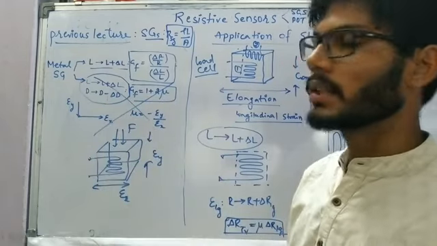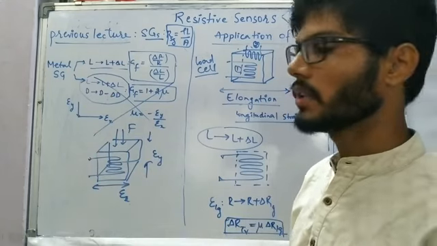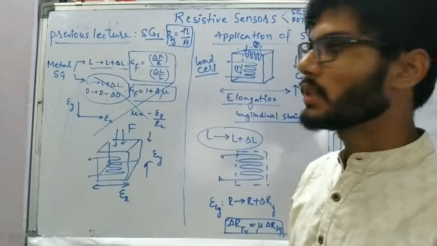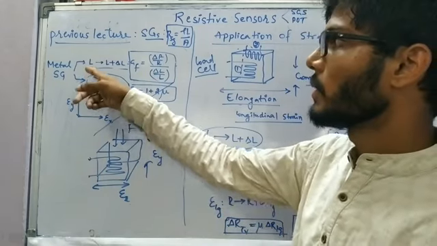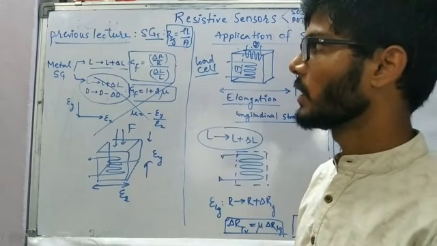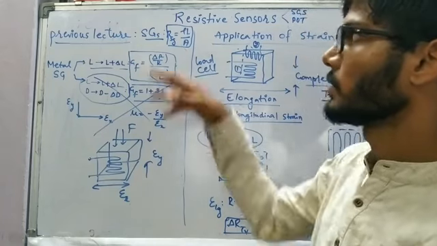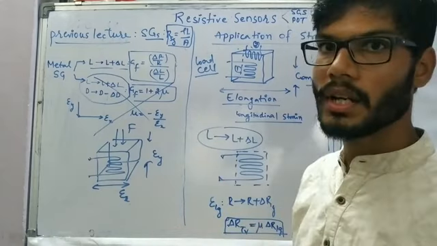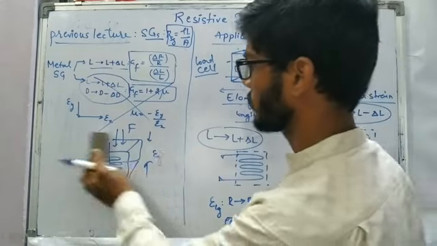Instead of using a single strain gauge and measuring both lateral strain as well as longitudinal strain, we are going to make use of only the linear effect in one direction alone, using L, and we are going to use two different strain gauges. So how we are going to make use of it, let us proceed with that.